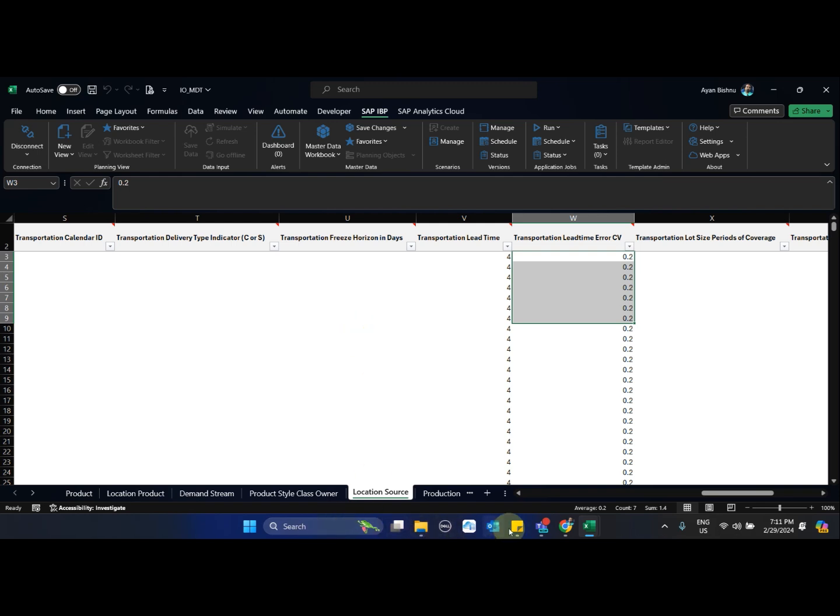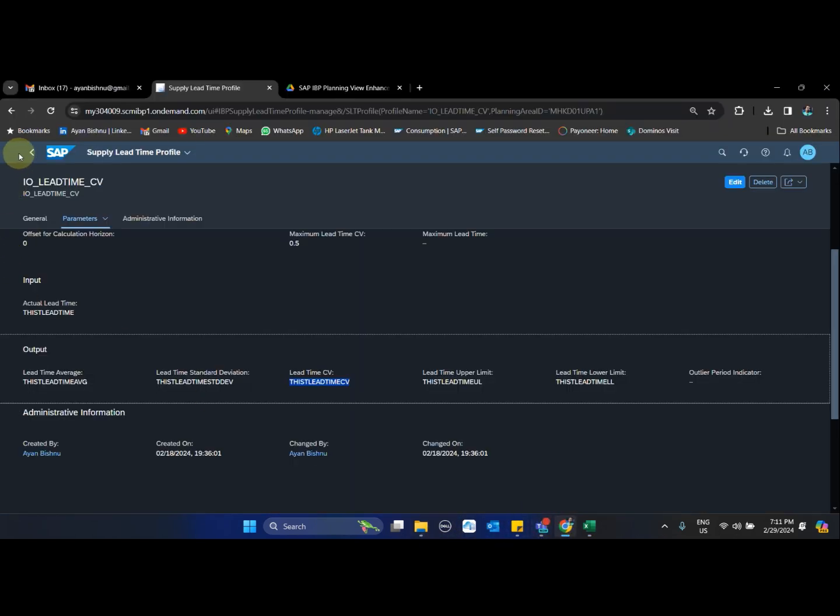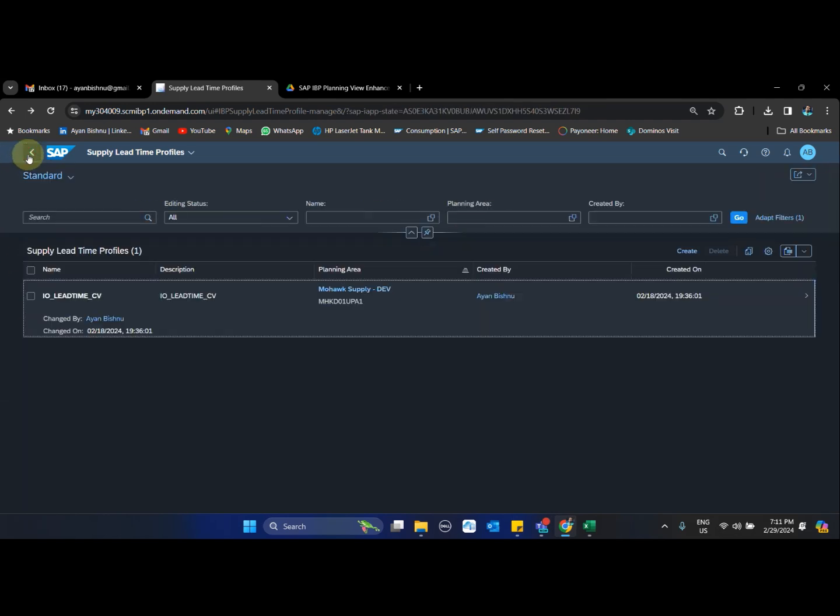Similar to this, we can create one more lead time. In this case, that lead time will not be for location source but from production source header in order to ascertain the production source lead time. For that I can create one more lead time.